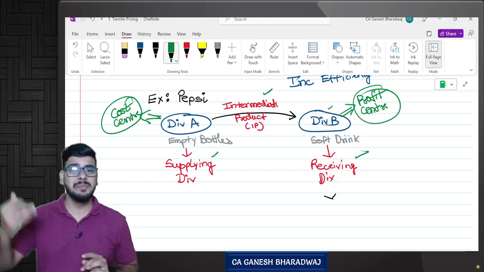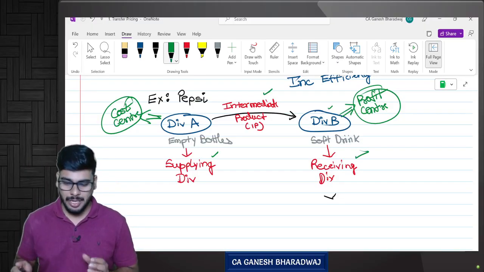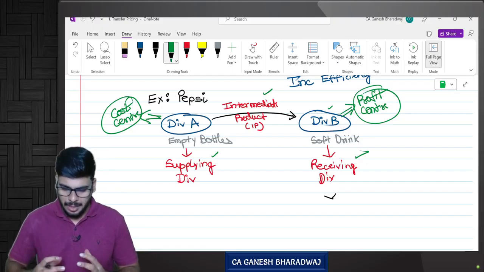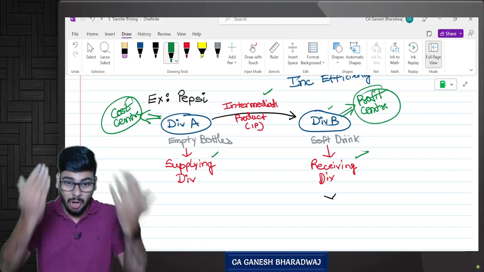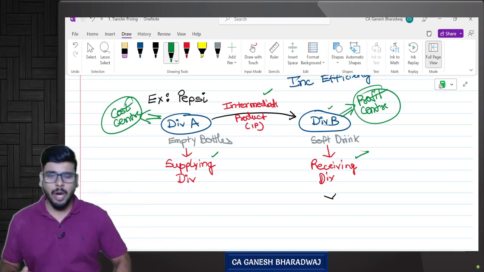See, all these terminologies are theoretically mentioned in your institute study material. I just took an example to explain what these things are so that logically you can enter into the subject. Now, what is the problem?